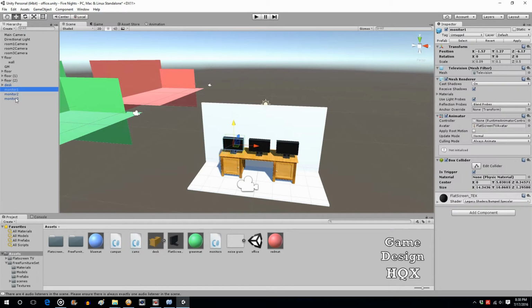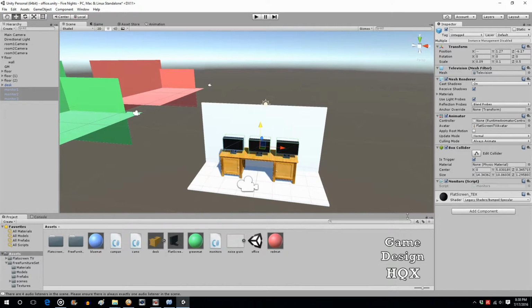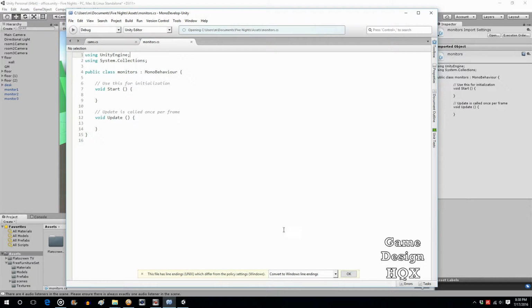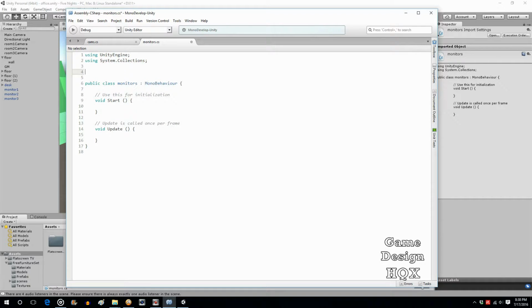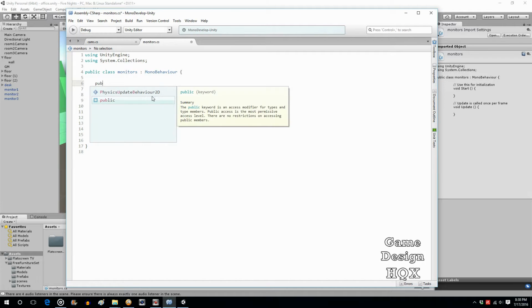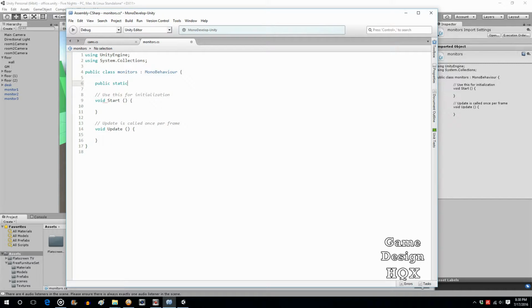We click on our 3 monitors, put the monitor script on it, and open it up. What we're going to do is create new variables. We're going to create public static, that way the variable is accessible to the GM script. Well, the GM object is the CAMS script. So public static